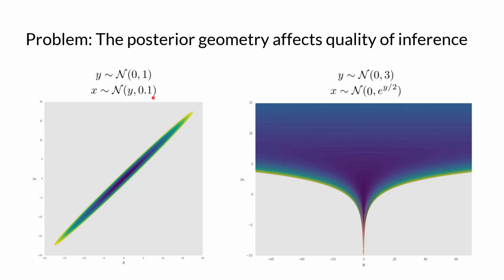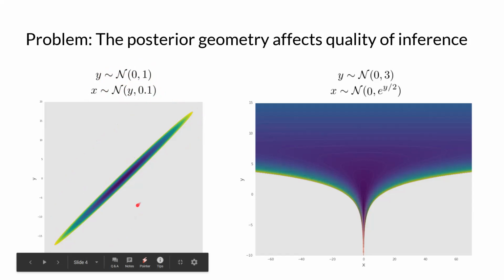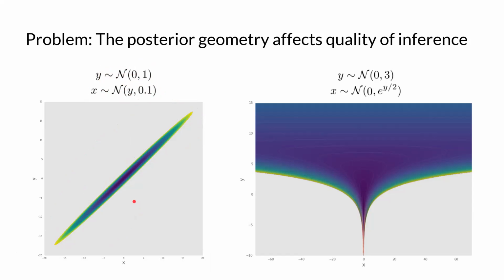Let's say that we want to use a general purpose algorithm to sample from this joint density. One such algorithm is a very simple one, Metropolis Hastings, where the idea is that we are going to infer this distribution by sampling repeatedly from it. The sampling works by, we start from some current sample point, let's say this one here.